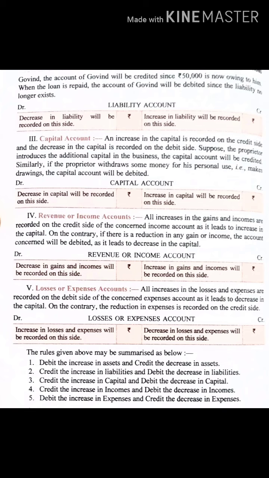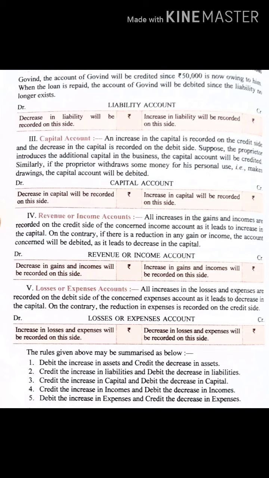Okay. And if it is a liability for the business, which side will it go? If it is increasing, credit side. Okay. So be very clear, when capital is increased, that means if the owner is introducing additional capital in between, that means capital is increased, and it will go on the credit side. If it is decreased, it will go on the debit side. Am I clear?